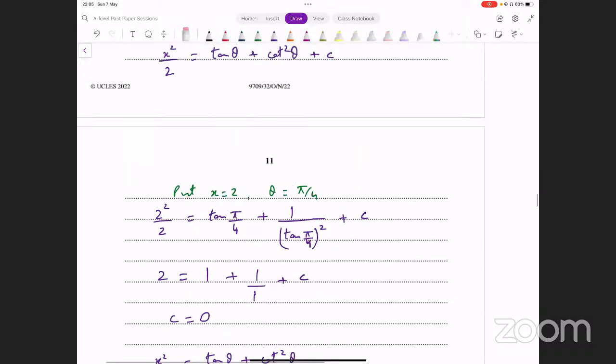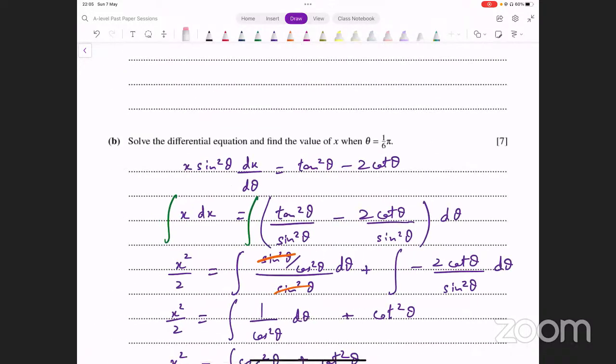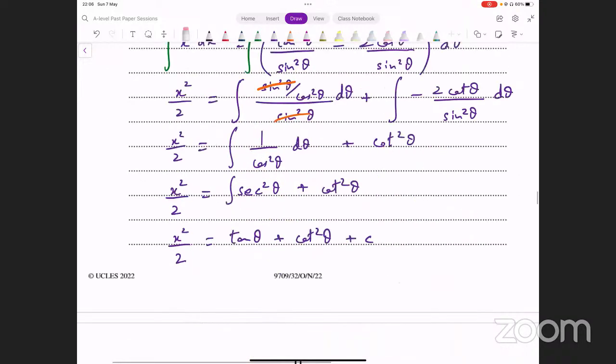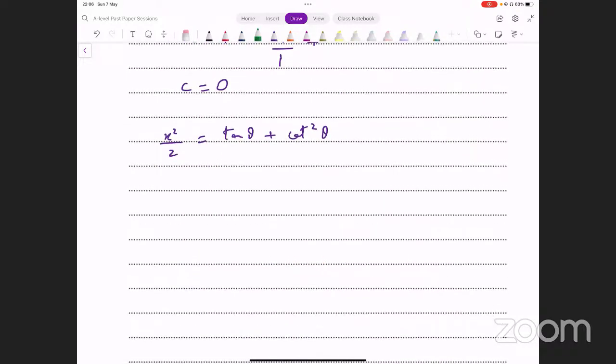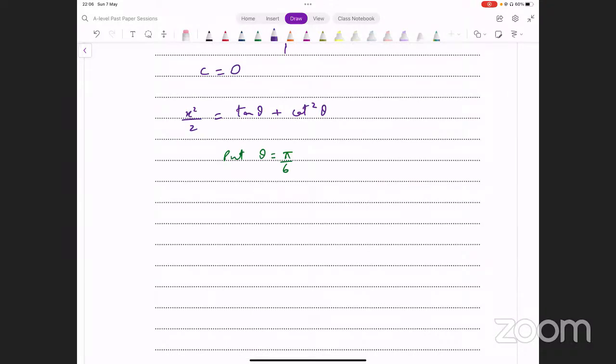ऑल राइट, अब क्या करें। अब हमें उसने एक स्पेसिफिक पॉइंट पे कहा है कि आपको थीटा फाइंड करना है। किस पॉइंट के ऊपर? मैं x फाइंड करना है when the value of theta is pi over 6। थीटा की जगह पे pi over 6 डाल दें और देखें x की वैल्यू क्या आती है। We put theta equals pi over 6. Let's see what we get from this. We have x square over 2 equals tan of pi over 6 plus 1 over tan square. So that's 1 over tan pi over 6 का whole square।